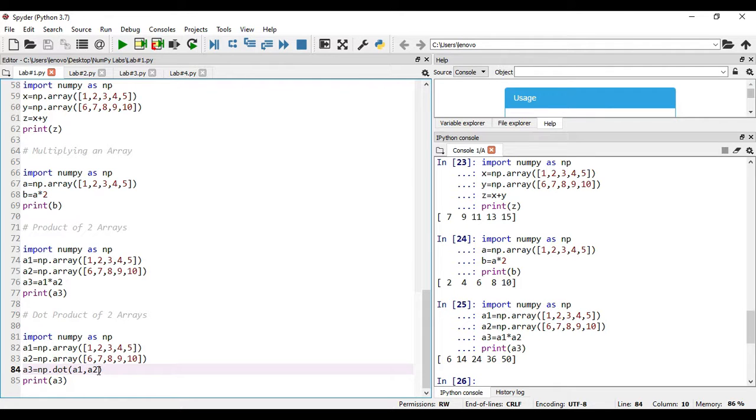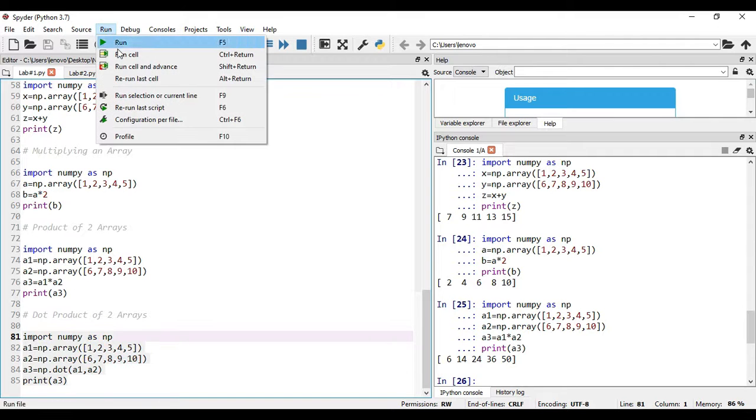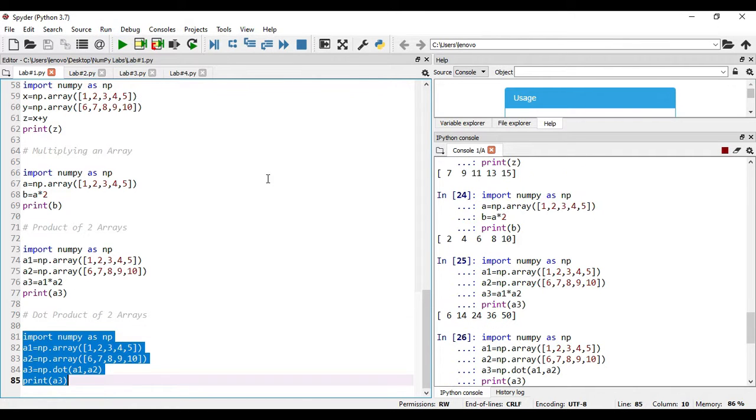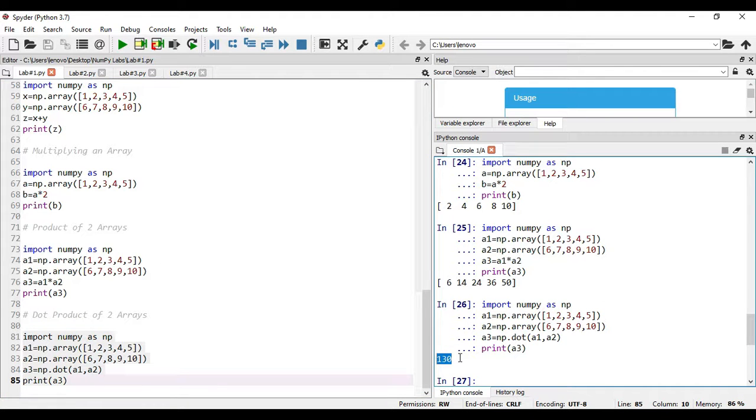Here A1, A2 are the two parameters, or we can say two arrays, to which I want to apply the dot product. As we know that the output will be in A3, I am using the statement print of A3. Now you select this complete code and run it. Okay, the output for this one will be 130.